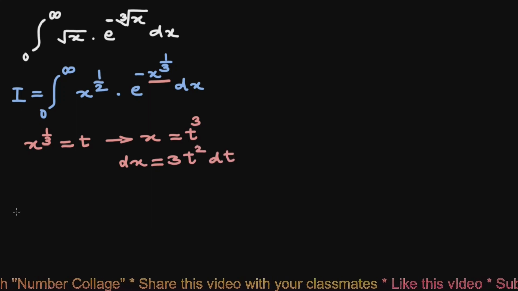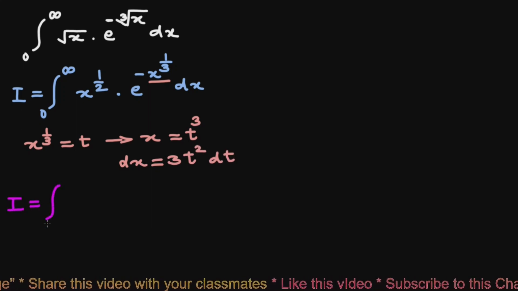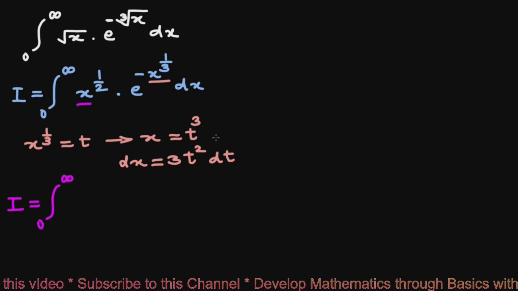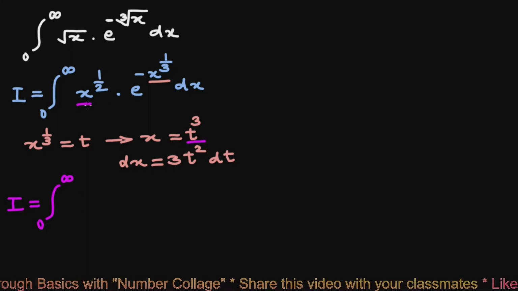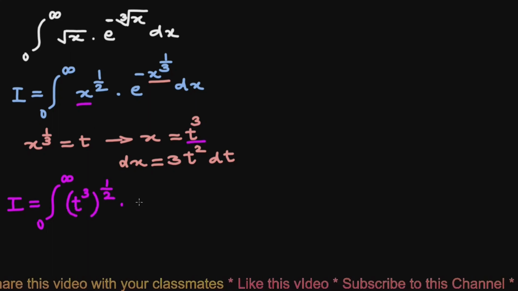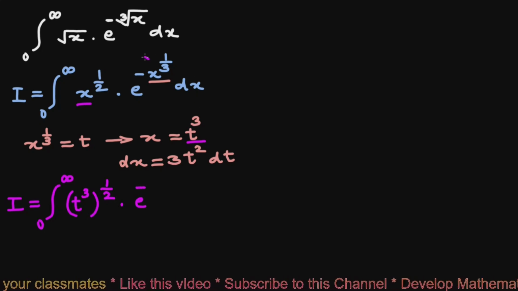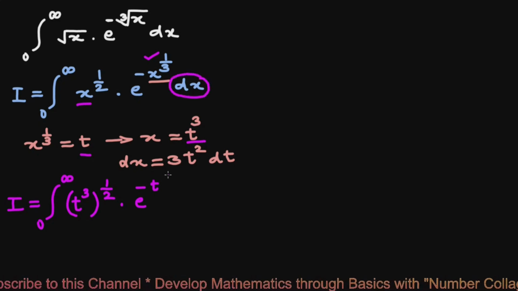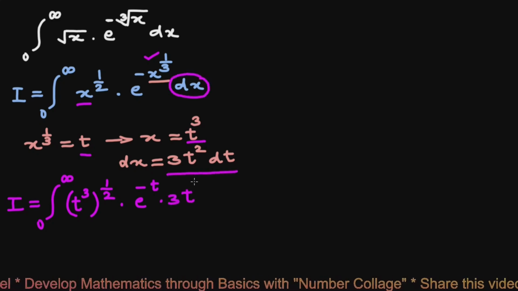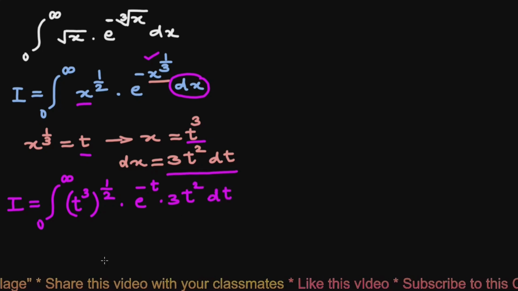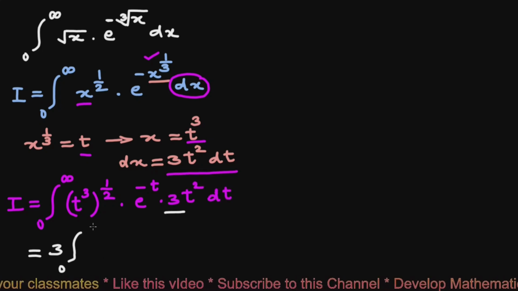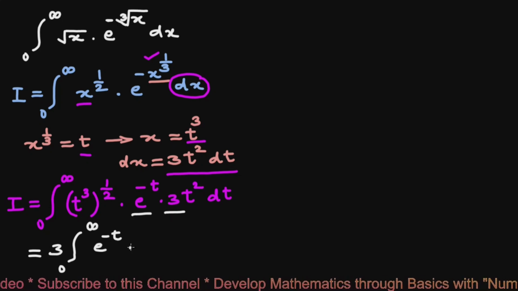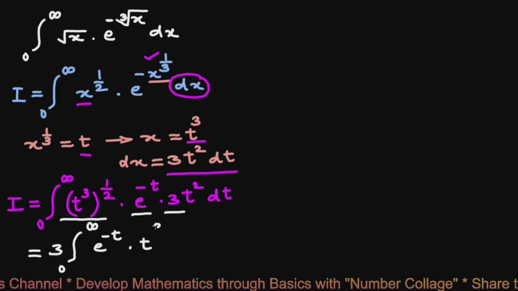Now we will rewrite this integral I equals the integral from 0 to infinity of, in place of this x we will use t cube, so it will be t cube raised to half into e raised to minus, for this x raised to 1/3 there will be t, and for this dx we will use this 3t square dt. So it will be 3 integral from 0 to infinity. First we will write e raised to minus t, then t raised to 3 by 2 into